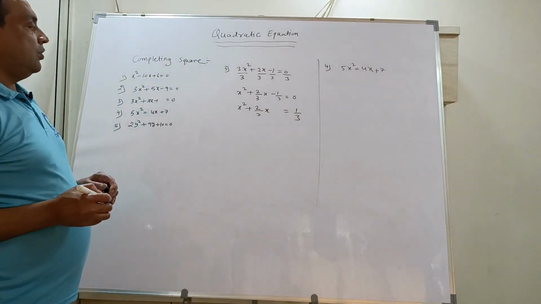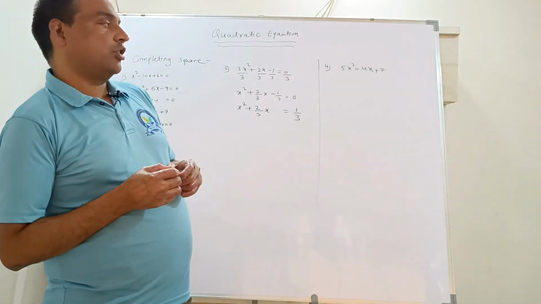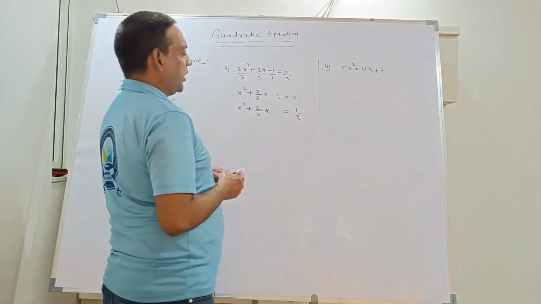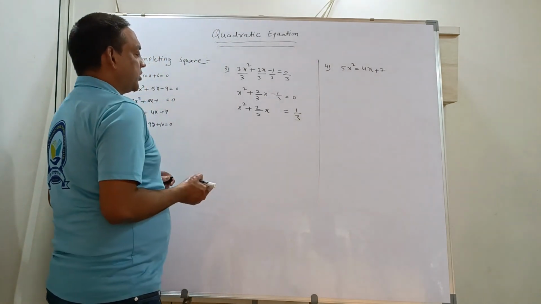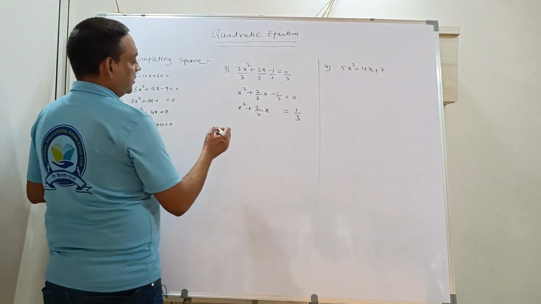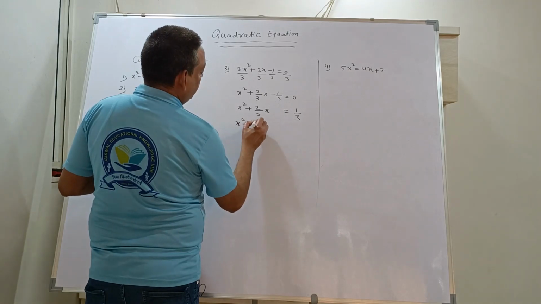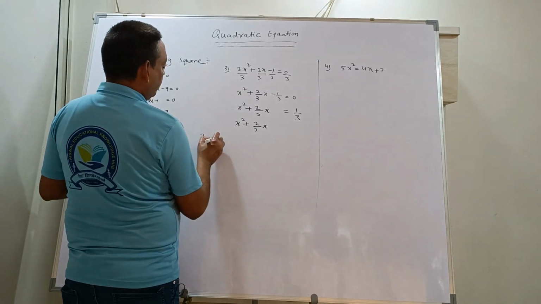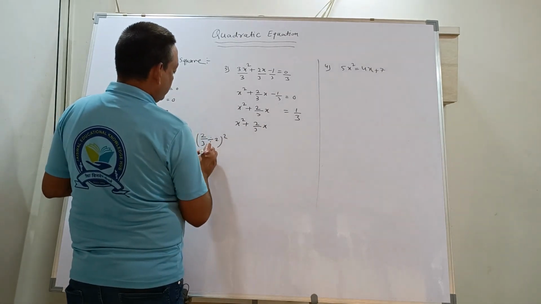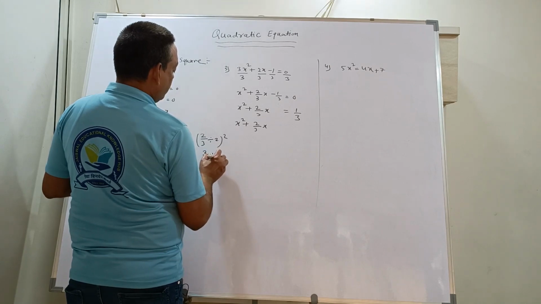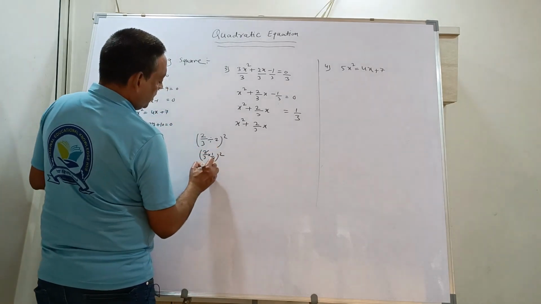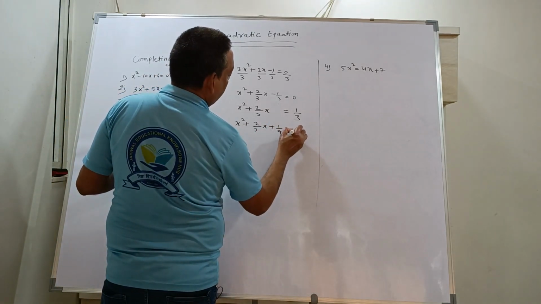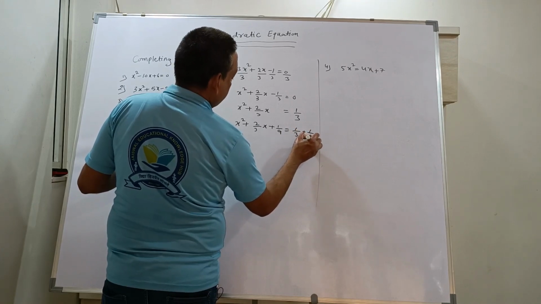Okay, now the next part is, based on the formula, the third term is equal to the coefficient of x divided by 2, the whole square. So no need to write the formula, you can directly write it down, or if you want you can write it on paper and then go ahead with the sum. So x square plus 2 upon 3x, what is the coefficient of x? 2 upon 3, divided by 2, the whole square. So 2 upon 3 into 1 upon 2, the whole square, 2 and 2 get cancelled, 1 upon 9. So we'll add 1 upon 9 here, and we have to add 1 upon 9 on the other side also.